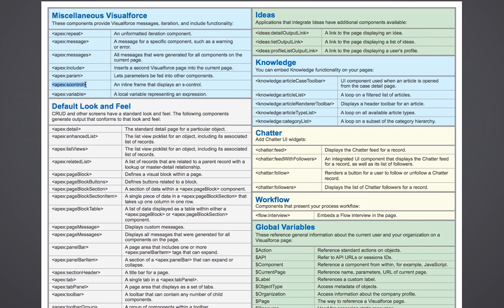Okay, and X controls. If you have X controls in your machine, you can use it with this by inserting. For inserting X controls, you can use this. And apex variable is a simple local variable you can create for storing some flags, number stuff. Okay,